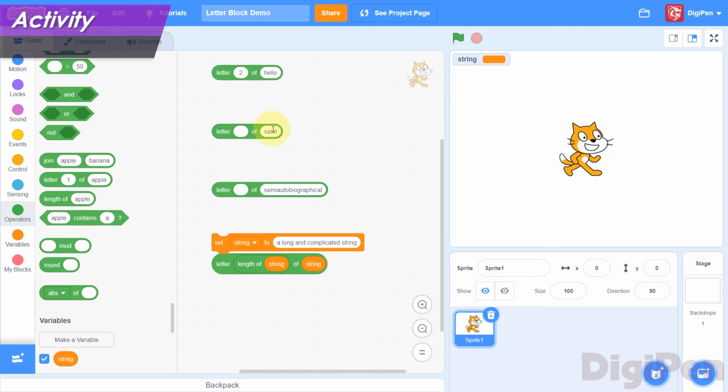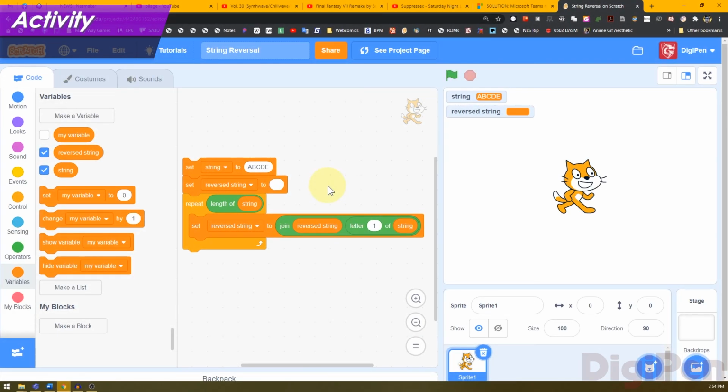If a word is 5 letters long, then putting in a 5 will give you the last letter in the word. If a word is 20 letters long, then putting in a 20 will give you the last letter in that word. Using the length of a string with the letter block will always give you the last character in that string. The first time this loop runs, we want it to take the character at the position equal to